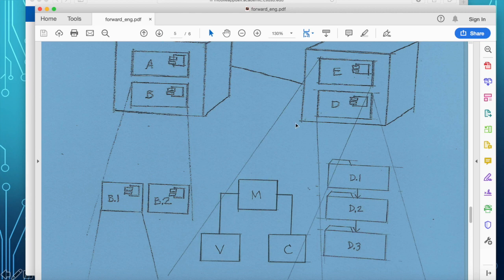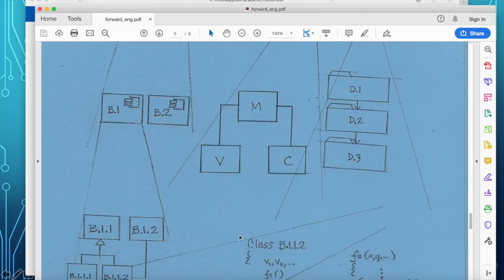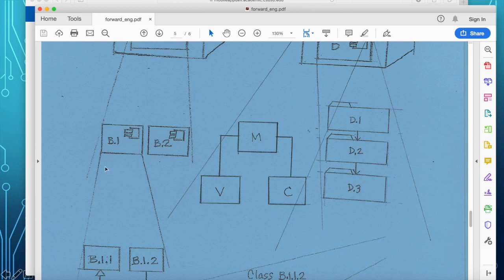So supposing E is the web server, then I can use the MVC design pattern. So I use the architecture style MVC, as you see here. Use whatever architecture style would suit solving the problem, and apply that to your design. All of these pictures here, B.1, B.2, MVC, layered architecture, D.1, D.2, D.3, are